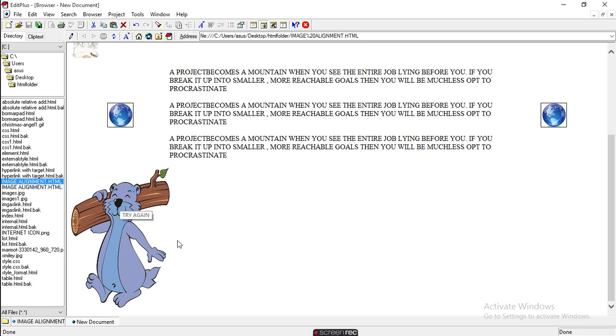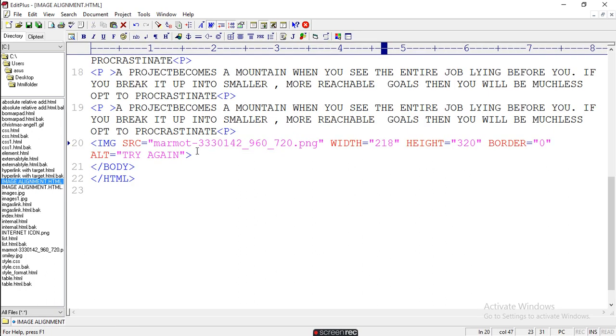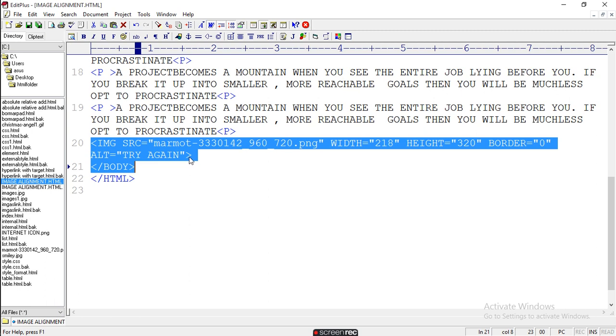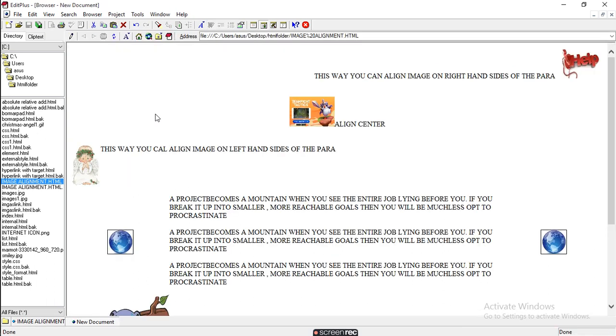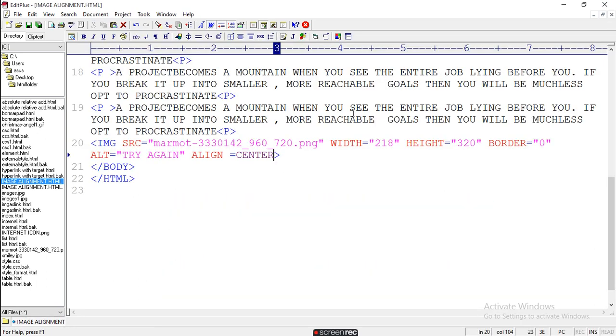If you want it in the center, then you can make it center. Here you have to write align center, then Control B. It's not taking because it is not within the paragraph.